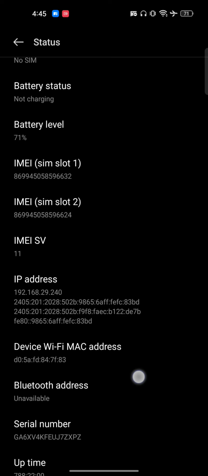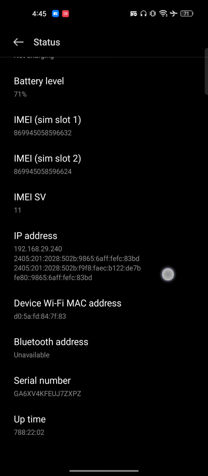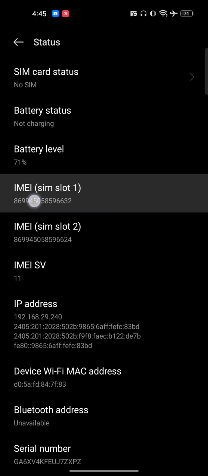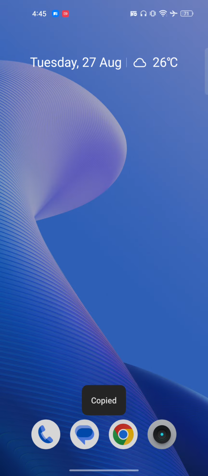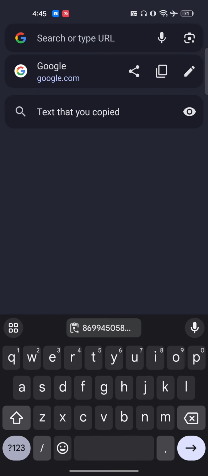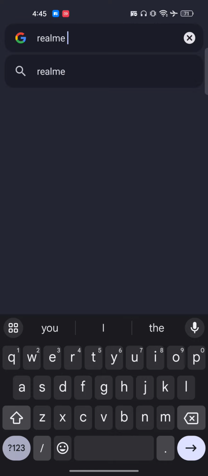Here you will get these two IMEI numbers. So right now, as you can see here, I have IMEI 1 and IMEI 2. Right, so I will just copy this. Click and hold, it will get copied. Now just go to your Chrome browser, and here you have to search for Realme device activation